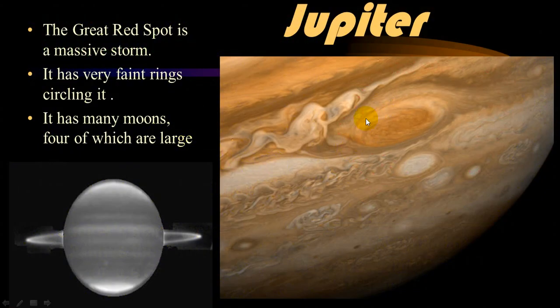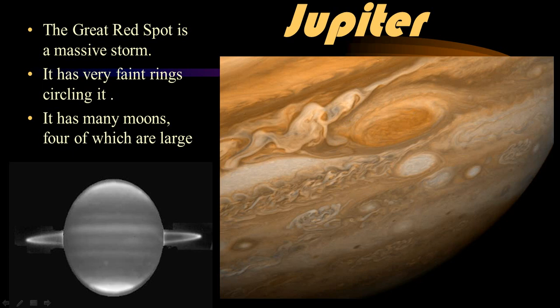You may have noticed in a lot of pictures of it, there's that giant red spot there. It turns out that's a massive storm, sort of like a hurricane. And it is raging all the time. As far as we have seen it, it is raging all the time. So it's always got that storm there. But it does change size. Sometimes the storm gets bigger, sometimes it shrinks and gets smaller. The last I read about this was that it was trending toward getting smaller right now, but I'm not sure today if that is the case.